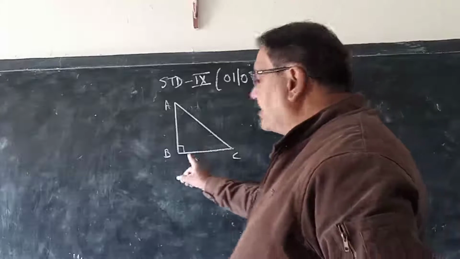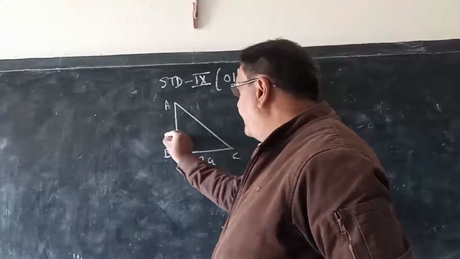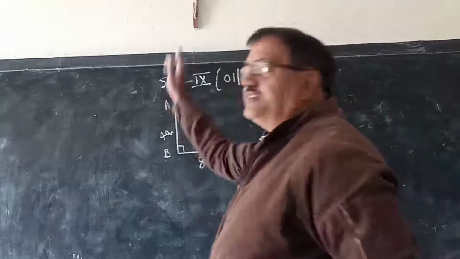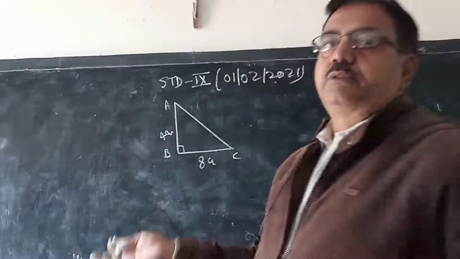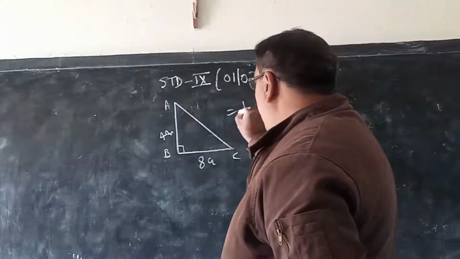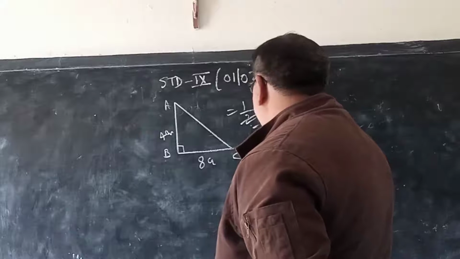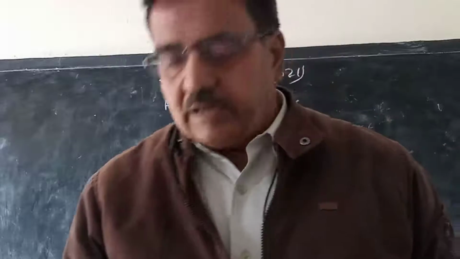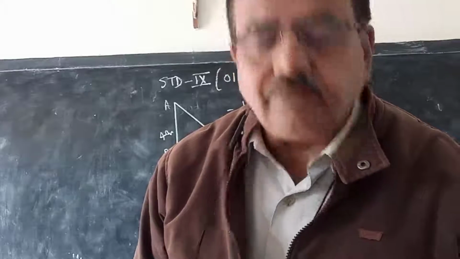So this is a right angle triangle. See, this base is given, 8 centimeter. This height is given, 4 centimeter. So when we take this measure, its corresponding height is given, and this is a right angle triangle. So we will use the common formula of triangle, half base into height, that is half into 8 into 4, that is 16 centimeter square. Centimeter square or meter square. So this is the question of the first exercise of the mensuration.